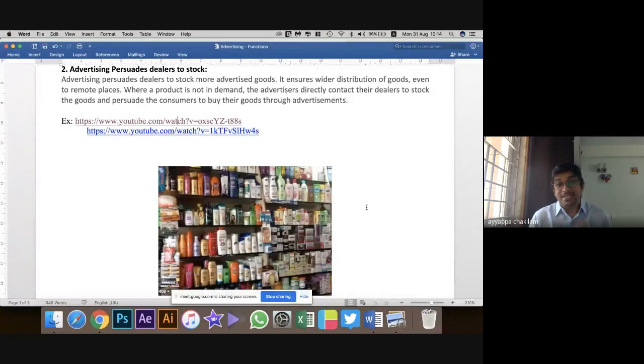So you can see this particular advertisement is at a shopkeeper, in a general store, and the consumer is being told that Complan is giving 50 grams more extra. So the general store might want to replenish the stock or order the Complan packs which have 50 grams free. That's how advertisements try to persuade the dealers, even if a particular shopkeeper has